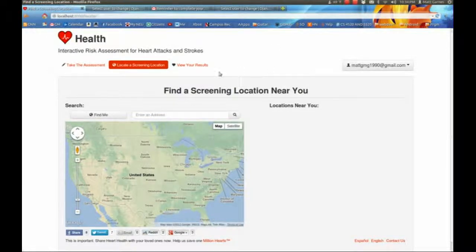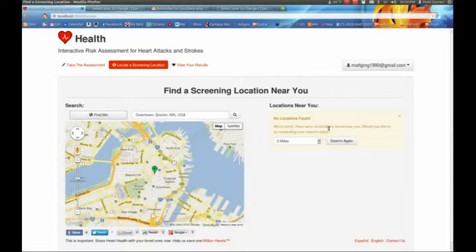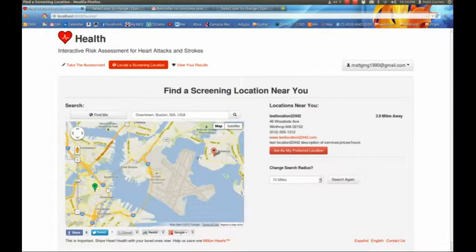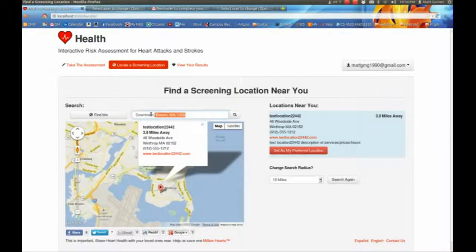So you click share location and the browser is going to be able to find me in Boston, but SureScripts isn't providing any locations here, except for one that I found. You can actually increase the range here up to, let's say, 15 miles, and there's one over here in Winthrop. But anyway, what we're going to do is search for locations where there is actually testing data to demo this a little better. So if we search in Minneapolis, Minnesota,